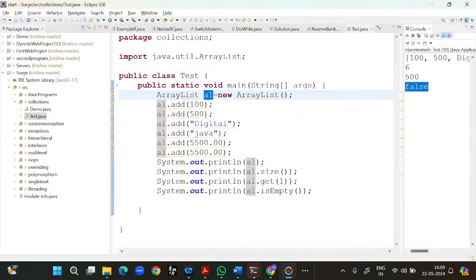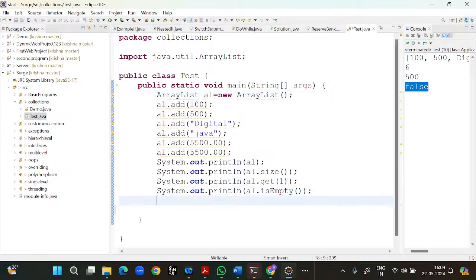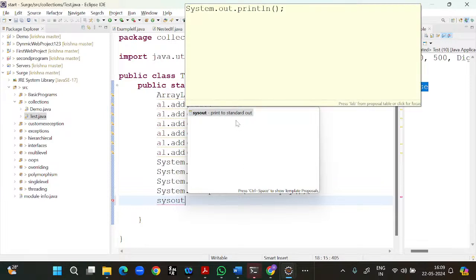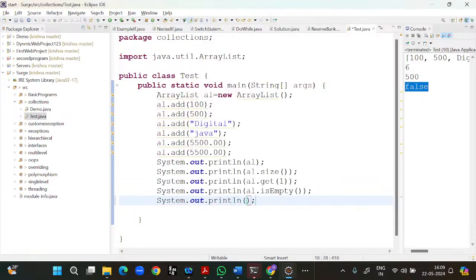It will give the false. Next thing, sys out. So I would say the methods, predefined methods, we can use those methods and we can perform the operations on, like